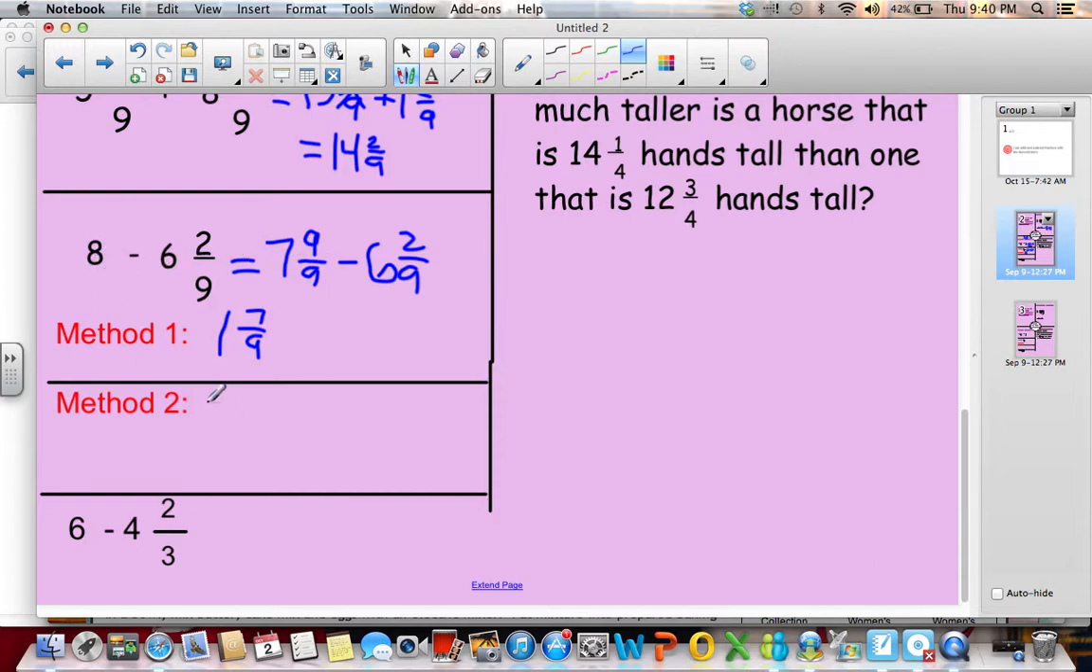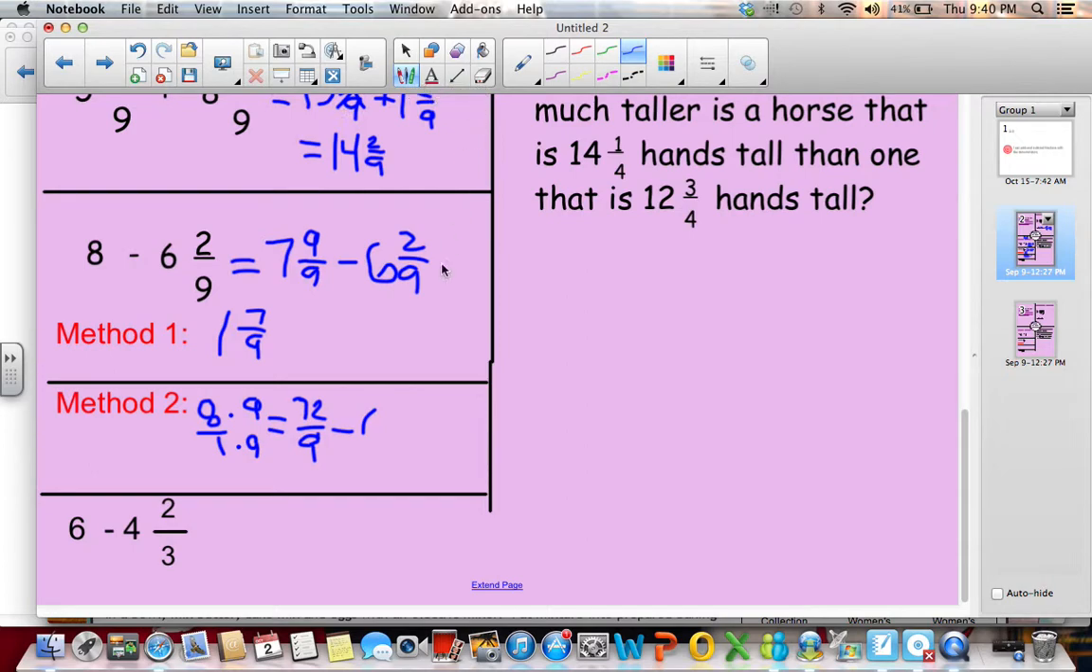8. So remember, 8 is the same as 8 over 1. I can change it into 9ths. And to do that, I can multiply both the numerator and the denominator by 9. And I would get 72/9. And then I would rewrite my equation. So 72/9, minus,